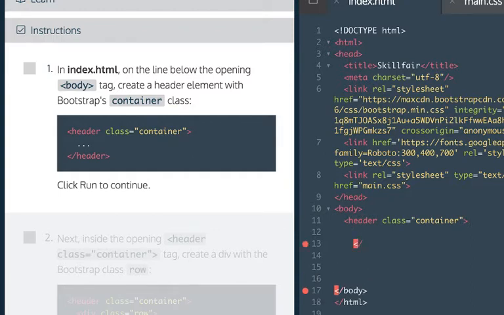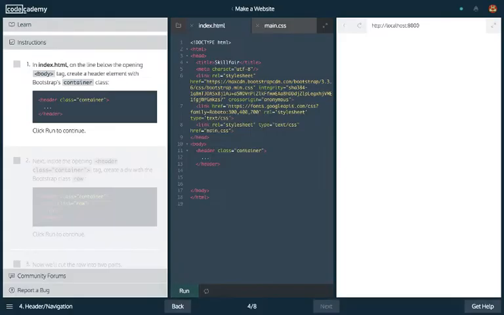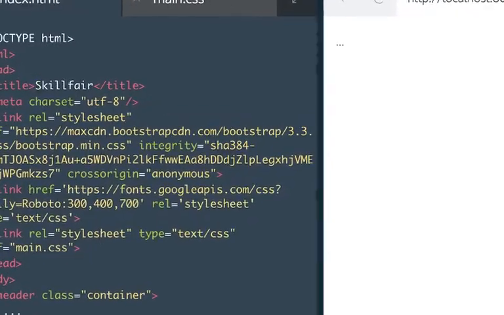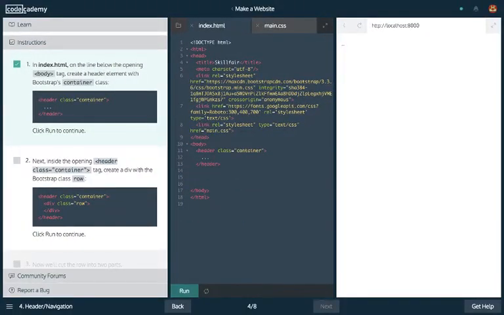Okay, we're going to do closing of our header. We'll click run to continue. And we can see our header here on the page. So next,